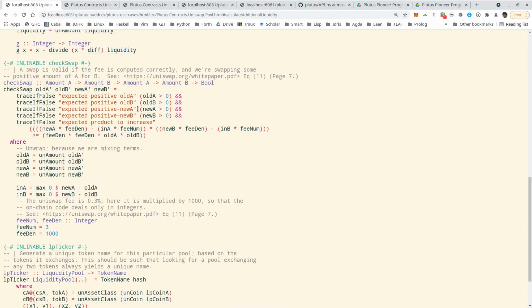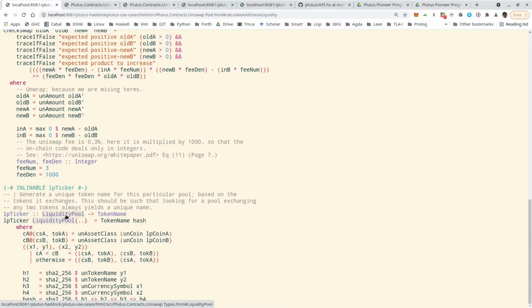And as I explained before, it's a bit more complicated because the fee is taken into account. So in this case, it's 0.3%. So you can see that's taken into account here. It also makes sure that none of the amounts ever drops to zero. So it's not allowed to remove all coins of one sort or of both from a pool. And that also makes sense because of this product. If one of the factors was zero, then of course it couldn't be larger than it was before.